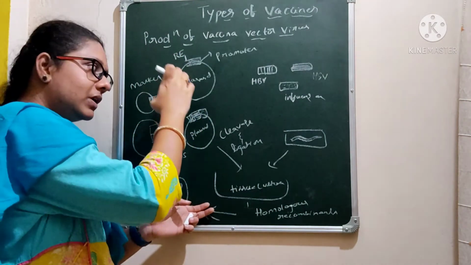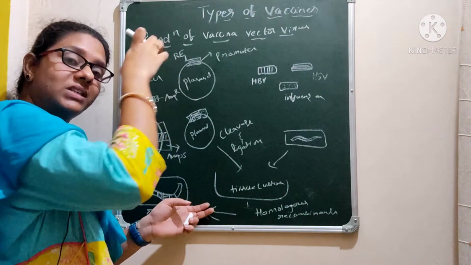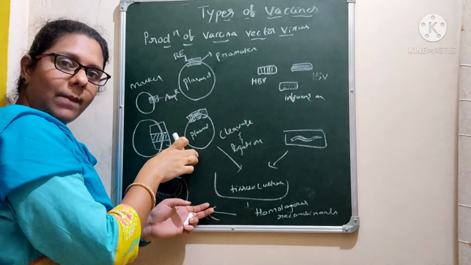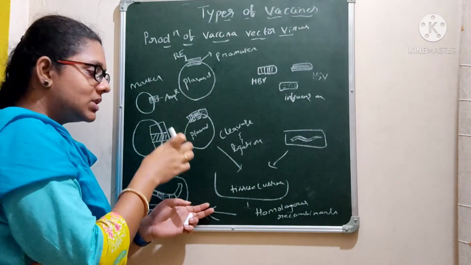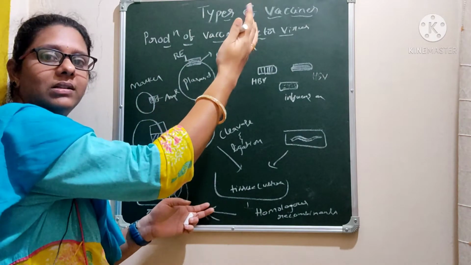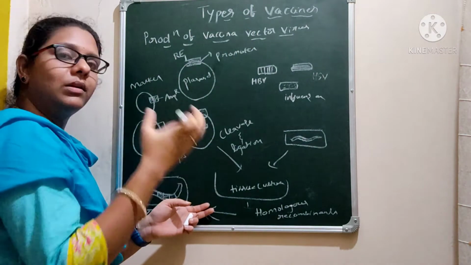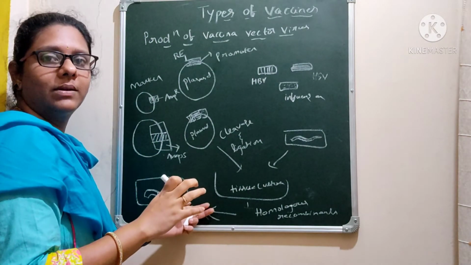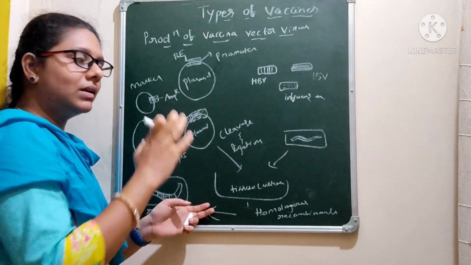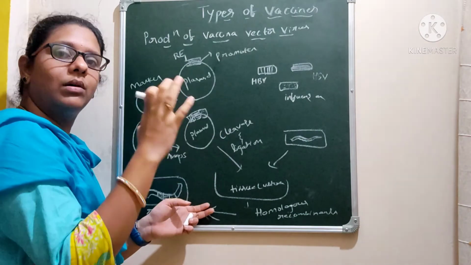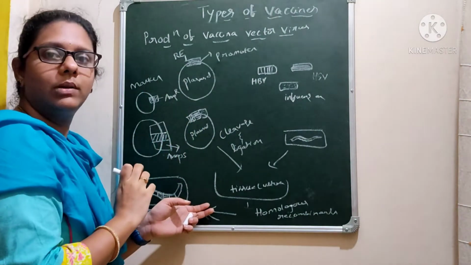Even after the process of recombination, if it still exhibits resistance to ampicillin, what does it mean? The gene has incorporated somewhere else. It has not incorporated exactly into this position, or the incorporation has not taken place. So to identify whether the recombination has taken place or not, these marker genes will be useful.